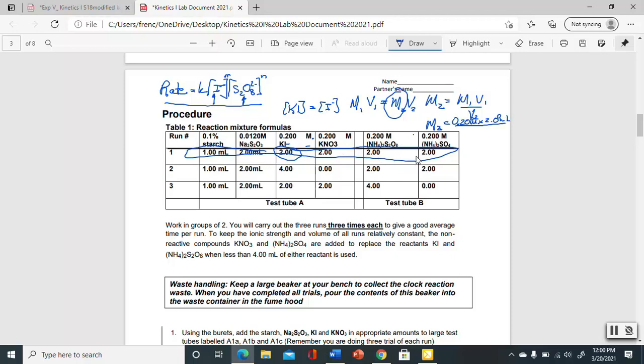And the total volume is 2, 4, 6, 8, 10, 11.00 milliliters. Now, as we look at this, we can cancel out our milliliters, and we're left with 0.2 times 2.00 divided by 11.00. For run 1, our first concentration of iodide is going to be equal to 0.0364. So we're going to take that and we're going to put it in our data table,